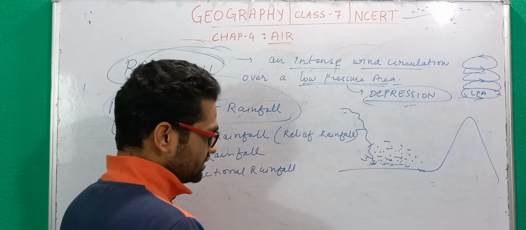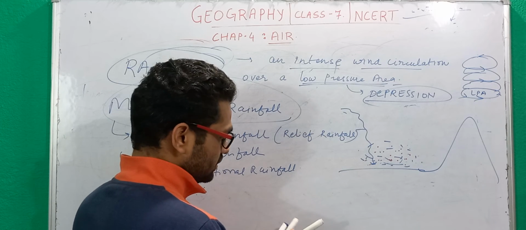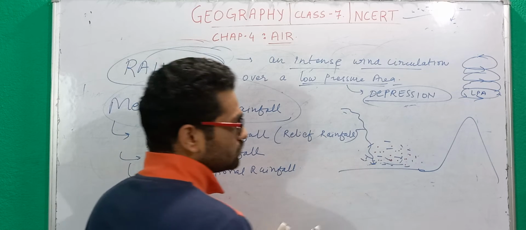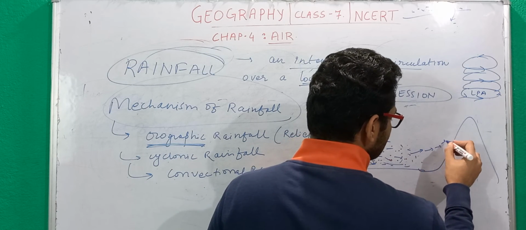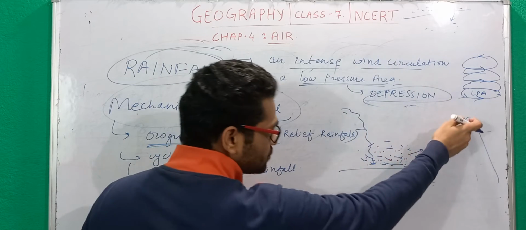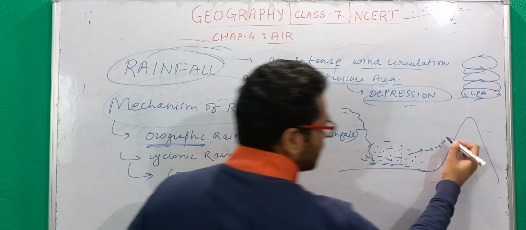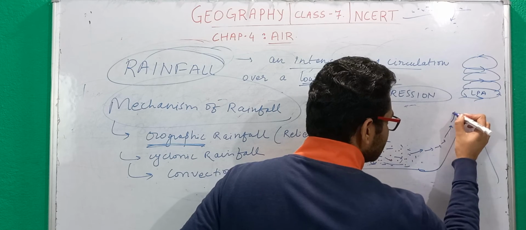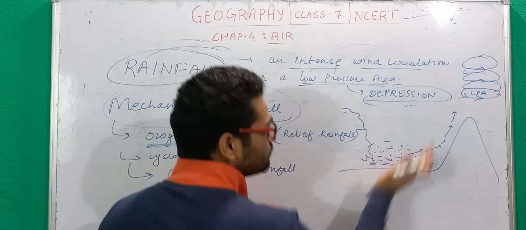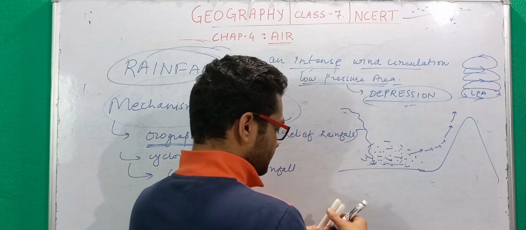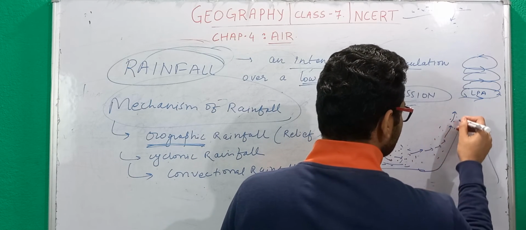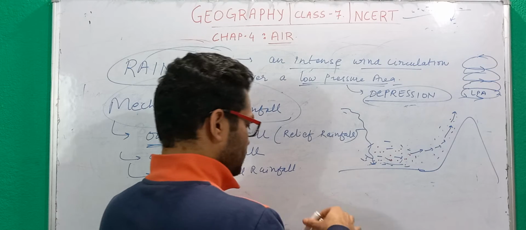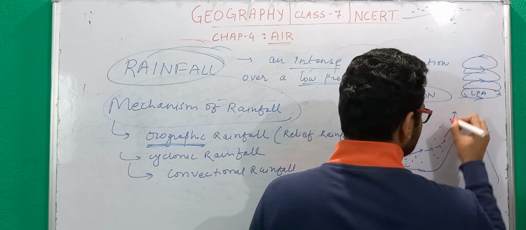Now because of the rise in temperature at the surface, this air will move towards the mountain. So the air is now moving. As it encounters the sloping surface of the mountain, it will move upward at a very rapid speed. And as it is moving upward, the moisture is also moving upward, and after some time this moisture that we have,